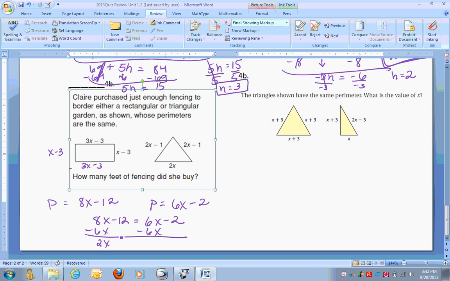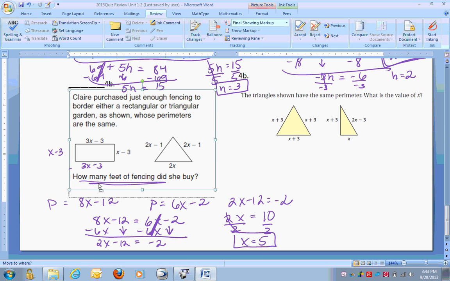8x minus 6x is 2x. Bring down the negative 12. 6x minus 6x is a 0 pair, and then I bring down negative 2. So I have 2x minus 12 equals negative 2. And then I need to get all my numbers on the other side. So I have 2x equals negative 2 plus 12, which becomes positive 10. Then divide both sides by 2. So x equals 5. Okay, but we're not done